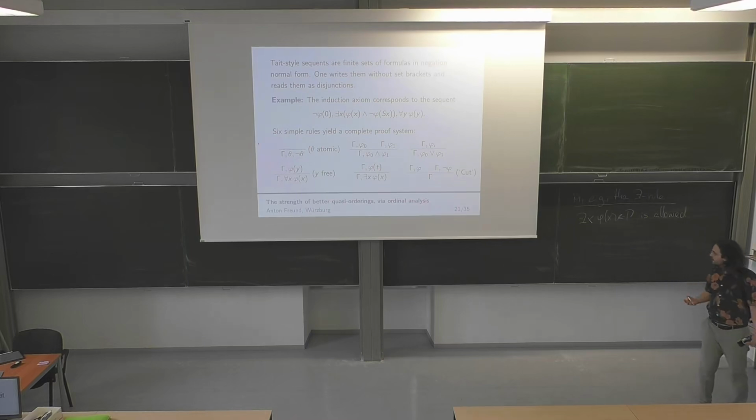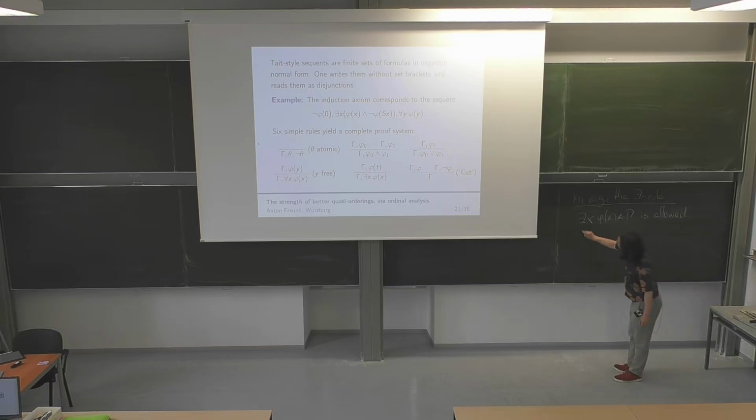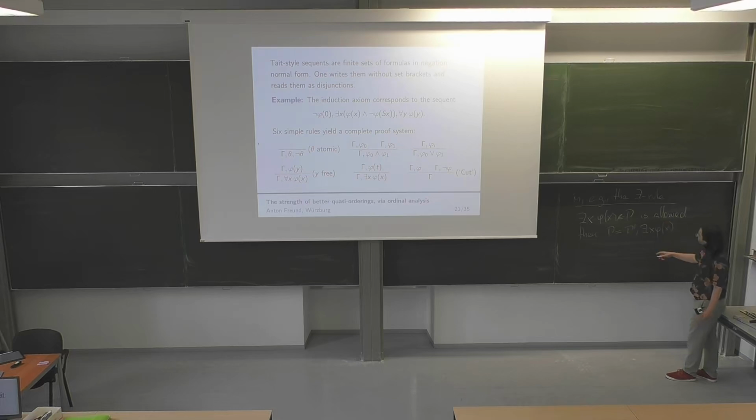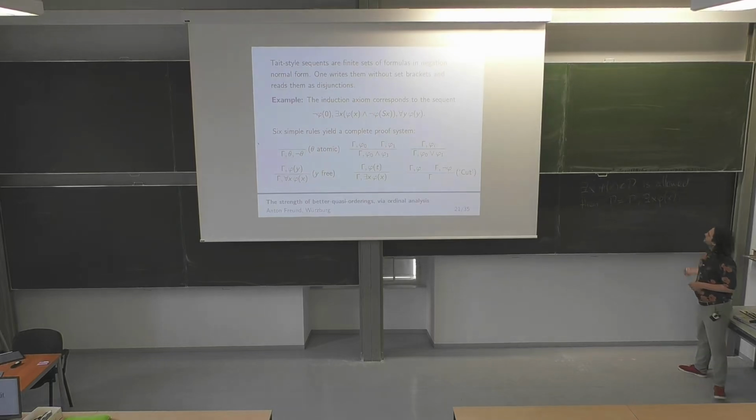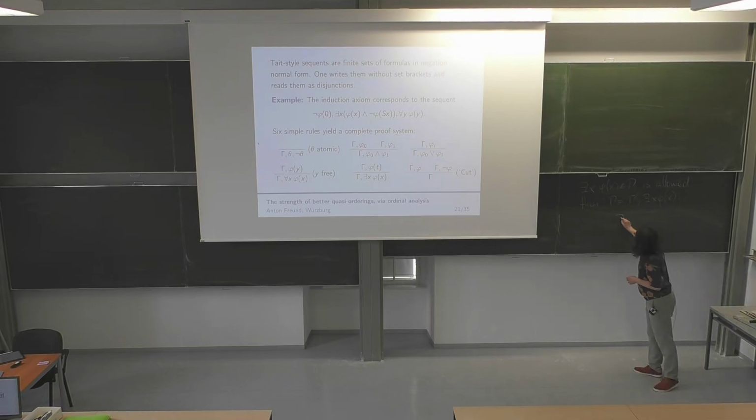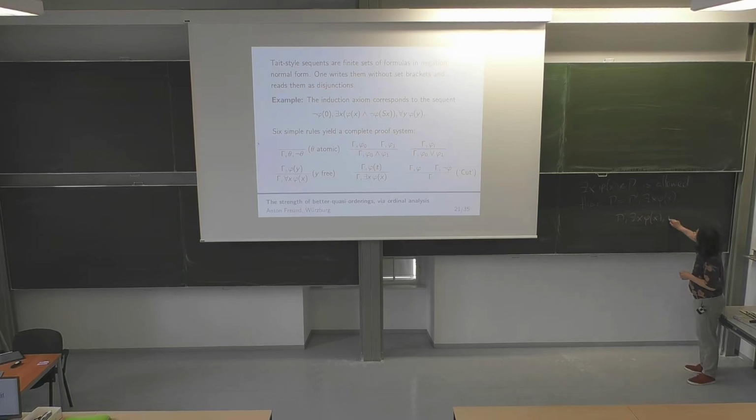And when that's the case, I can, of course, write gamma as some gamma prime without that formula plus that formula added to it. So then we could write gamma as gamma prime together with that formula. Once again, I'm omitting set brackets or the union symbol in favor of just a comma, just a list of the formulas that are in this finite set. And then the rule takes the following shape. So if I now put gamma prime, comma, this existential formula in the place of gamma, then what I have is gamma prime and this existential formula and this instance phi of t in the premise.